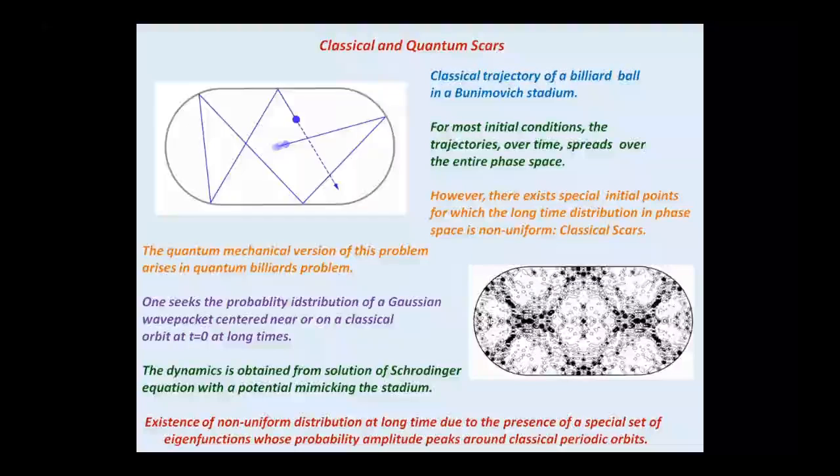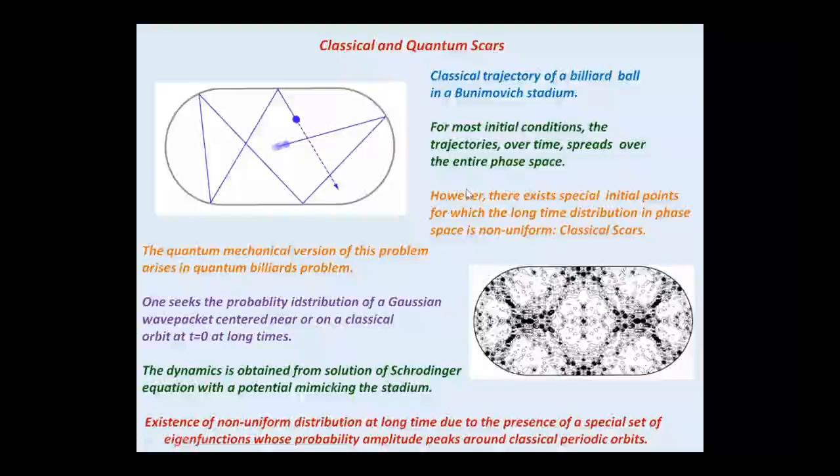What happens is the following. If you have a stadium, which is something like a rectangle and a cylinder fused together, you take a billiard ball, consider the stadium to be frictionless, and then you hit it. For an arbitrary trajectory, this thing is going to keep on moving out here, and at the end of the day, it's going to fill up all the space in the stadium uniformly. That's what, in this context, ergodicity means. And the trajectory spreads over the entire phase space.